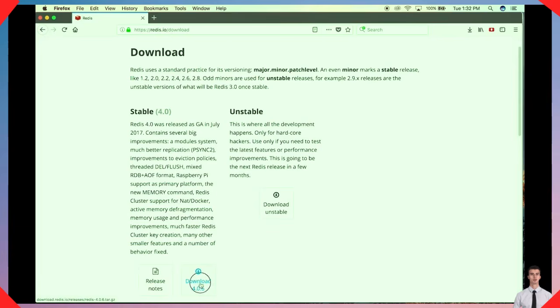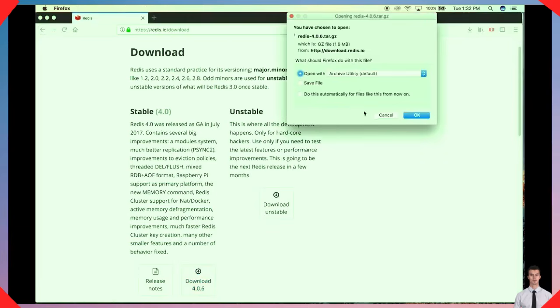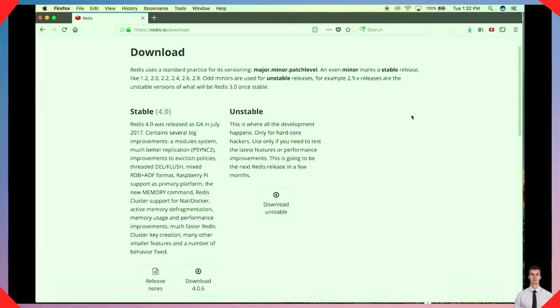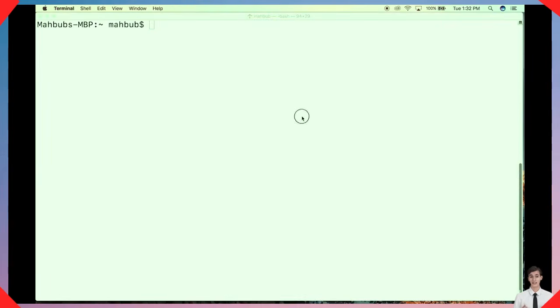The current tarball is 4.0.6. Download the source file and save it. Here, the source file is being saved in the Downloads directory on my Mac machine. I move to the Downloads folder, then